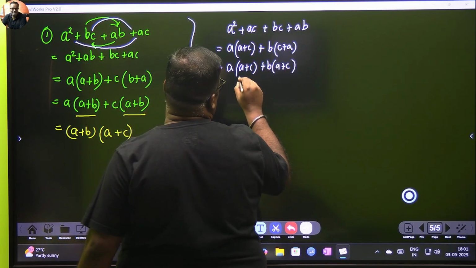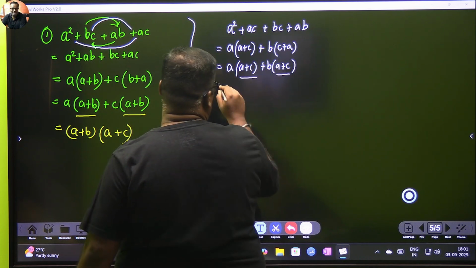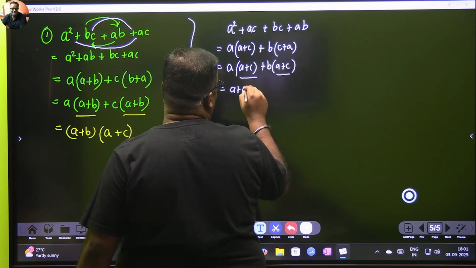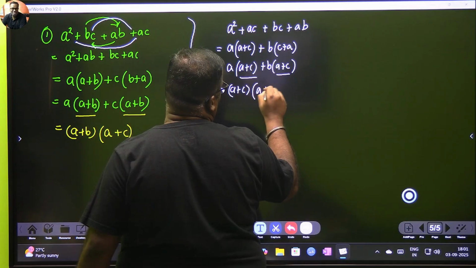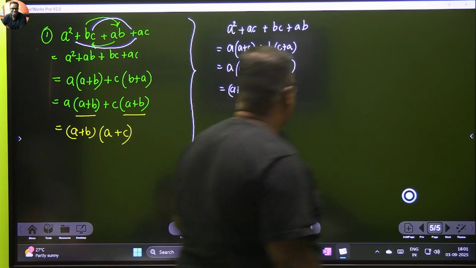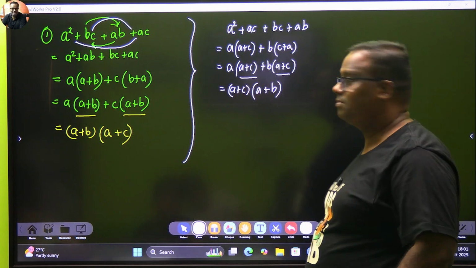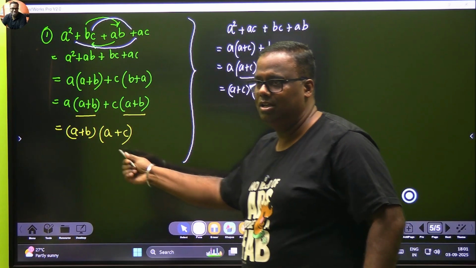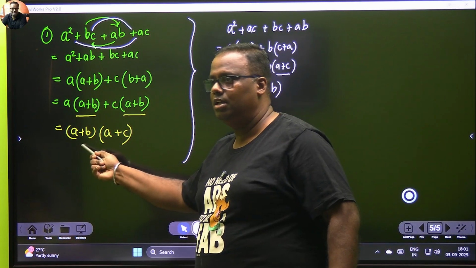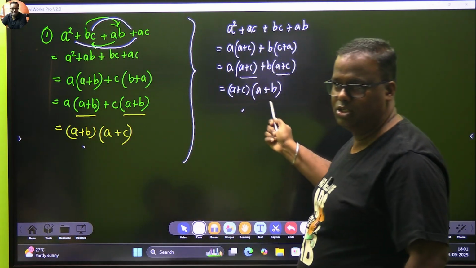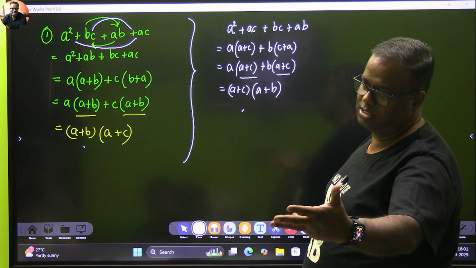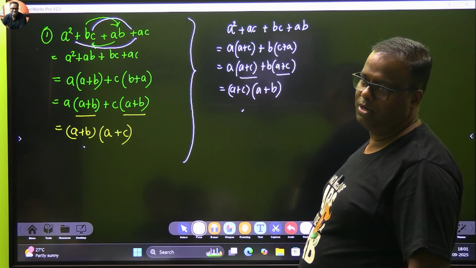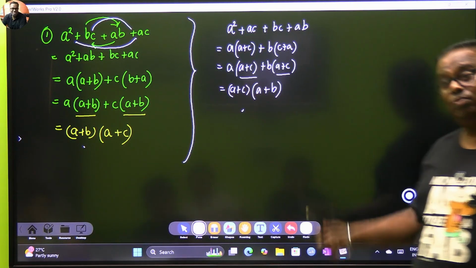Now what do you see? Two cats. So take the cat out, and you're left with a horse and a donkey. Now look at your answers: A plus C, chutney, sambar; sambar, chutney. The answer is the same. We're not getting anything different. You could have done it this way also.